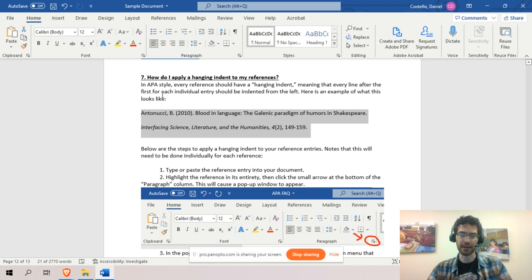Here we have a reference that would appear in a typical APA reference list. Currently, this reference is in standard APA style. It's double spaced, but it does not have a hanging indent. So to create a hanging indent, we will start by highlighting the entire reference. And then on the Home tab, we'll navigate to Paragraph, and you'll see this little arrow here on the bottom